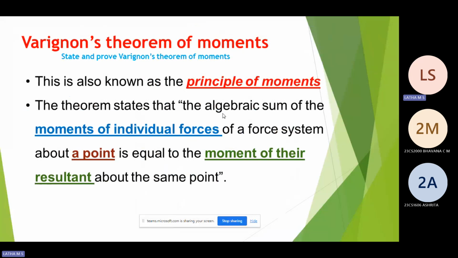About the same point. And there are certain questions, right? State and prove. State and prove, right? Theorem of moments. Sometimes what happens, you don't give the statement, and you forget to start the derivation because of the shortage of time, and you may lose 2 marks there if you don't give the statement. Okay, did you follow? I'll repeat once again for your understanding.